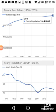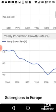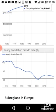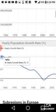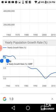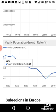graph starts from 1960 here. Usually they're going from 1950 to 2000. This one says 2010, but I think that's probably what we can see here from my cell phone. So as we can see, that went further back, and that's 1953. But we can see that there was a dip from 1952. That line is steeping down. So in 1951, Europe had a fertility growth rate of